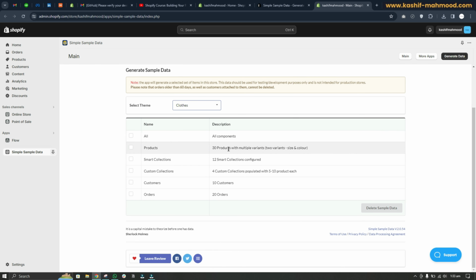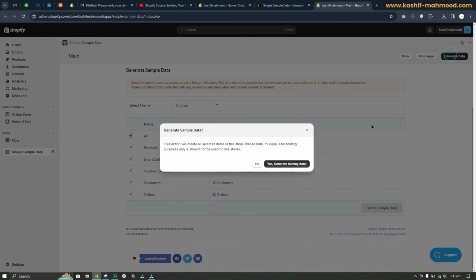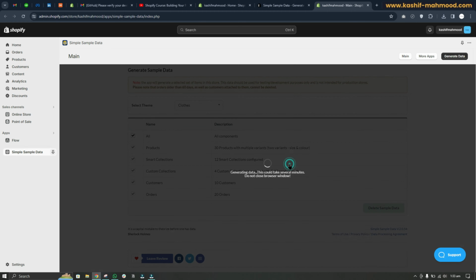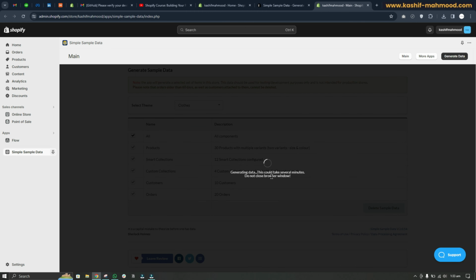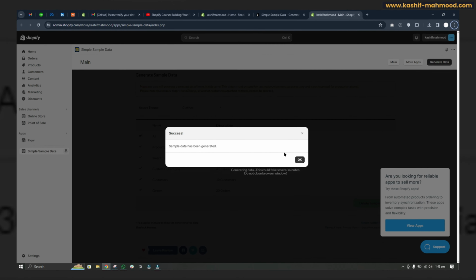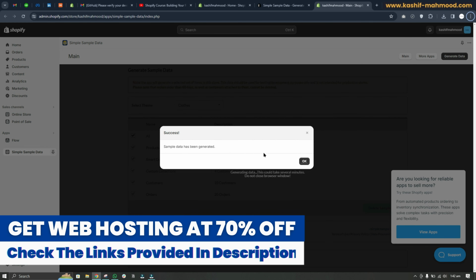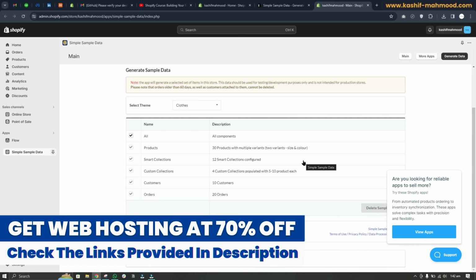products. So here you can see it is adding different products, collections, customers and orders. This will help us in learning Shopify, and here we will have to select all, and we can click on generate data. Yes, generate dummy data, and now it is generating the data. So here you can see sample data has been generated, so we can click OK,